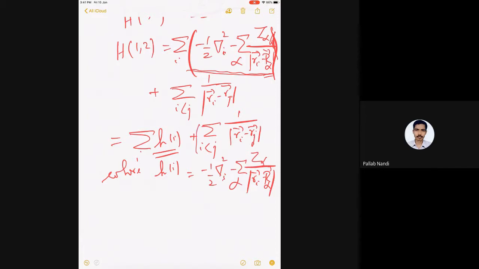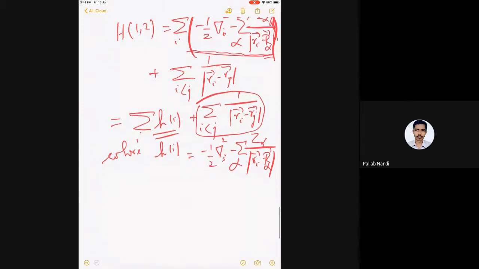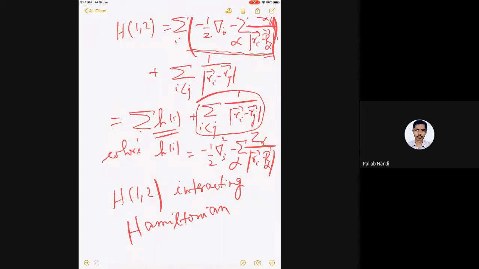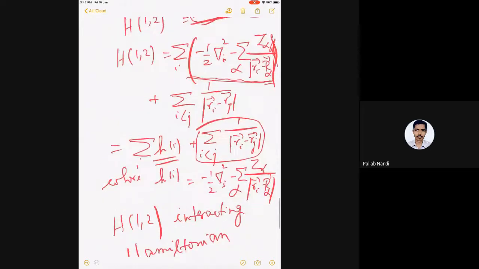But then there is a second term. This term is not separable. So I cannot use the non-interacting theorem. So to say, this electronic Hamiltonian is now an interacting Hamiltonian. I hope I'm able to explain to you that all that we learned in the non-interacting theorem cannot be applied here because of this term. However, that learning will be very useful as we go to the Hartree and Hartree-Fock theory. But in the case of an exact solution,